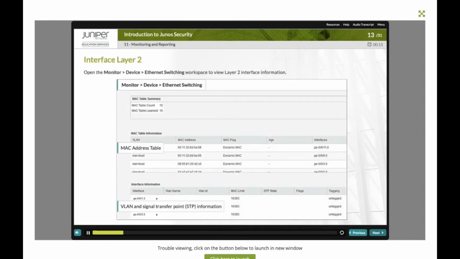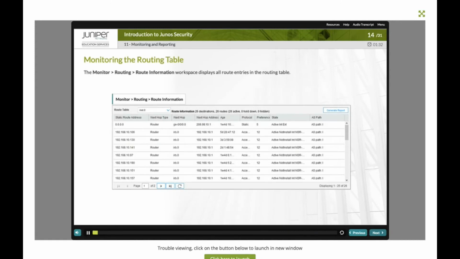To view Layer 2 interface information like the MAC address table, VLAN settings, STP state, or interface tagging, open the Monitor Device Ethernet Switching Workspace. The example shows the use of the Monitor Routing Route Information Workspace, which displays all route entries in the routing table. Each route entry displays the prefix address, next hop type, next hop address, age,